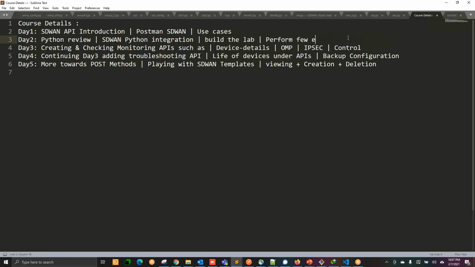We are going to do a few baseline Python SD-WAN programming examples, and you will find it very interesting, and then you will never use Postman or any other tool. We are going to focus mostly on Python and the SD-WAN API integration. That's the best way to achieve whatever we are looking for.